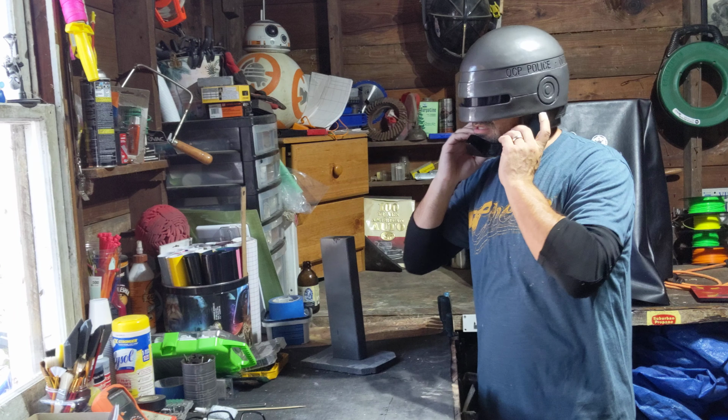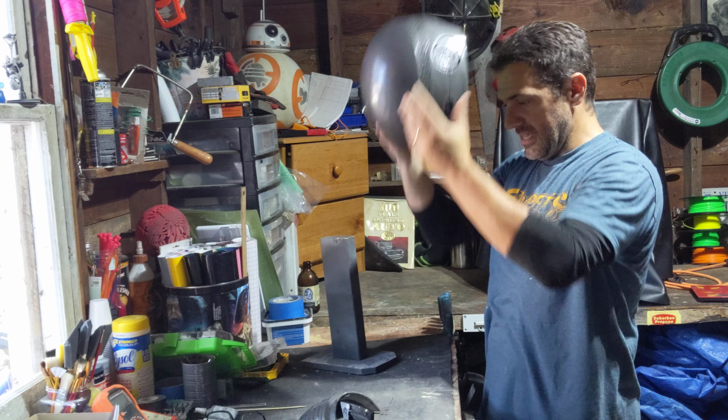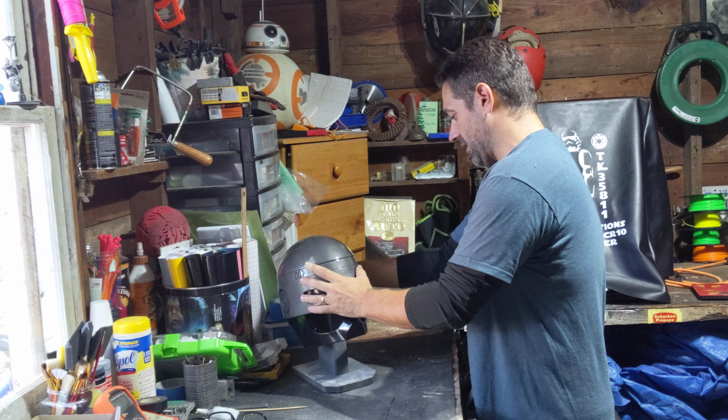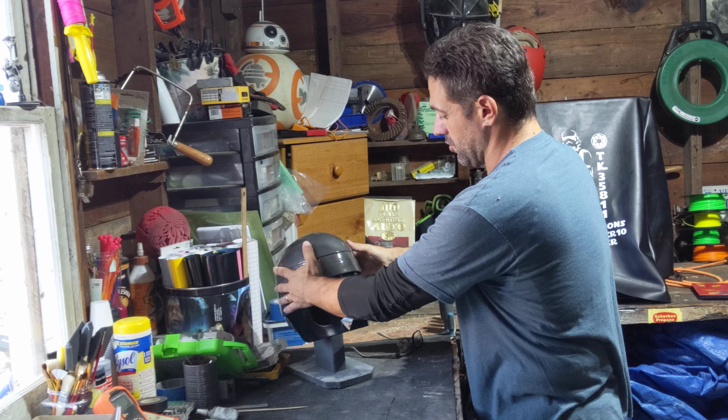I love the way this came out. Painting aside, everything else aside, I think it's a success. Once again, it's not movie accurate because of the color, but I don't care. I have a RoboCop helmet, right? That's freaking cool. And the cool thing is, I made it myself. And that's, I think, the point of all of my little projects and all the things I've been doing during this whole pandemic thing,